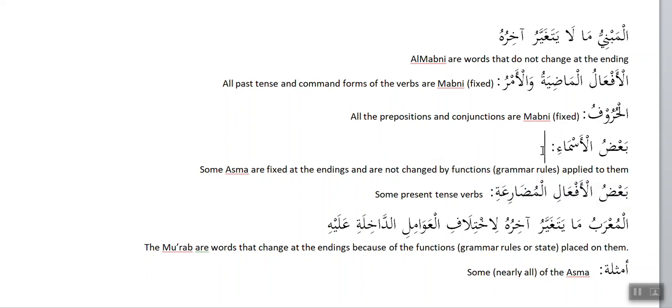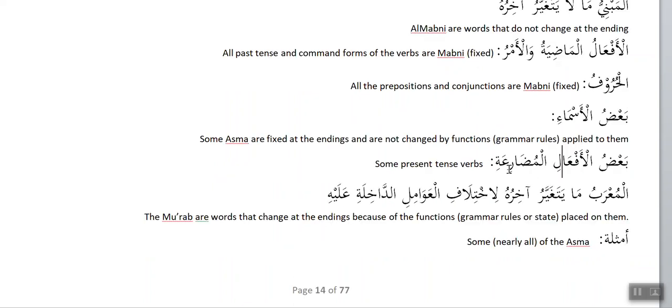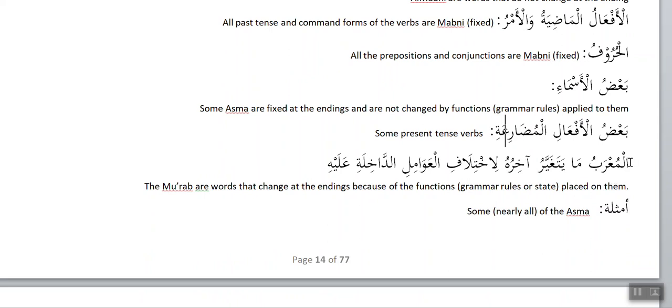Which means really the remaining of the asma and the remaining present tense verbs are the ones that change in the ending. Because if some of them are fixed, the rest of them change. And that's the majority, by the way, for al-asma. And also the majority of the present tense verbs, they change at the ending. So al-mu'rabu ma yataghayyaru akhiruhu